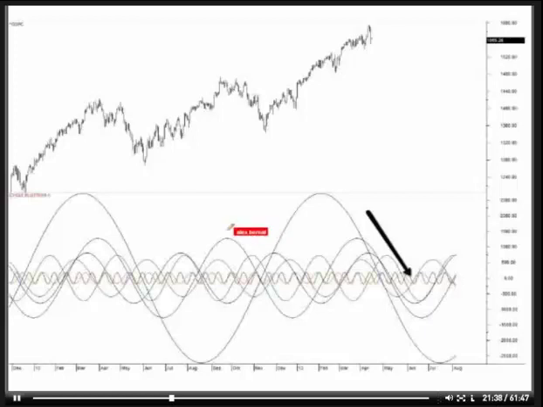And the first thing that I just want to point out is how you can see that these cycles are not aligned perfectly for any given data set or series of dates. It's when we can see that these will align in the future that they become really interesting.